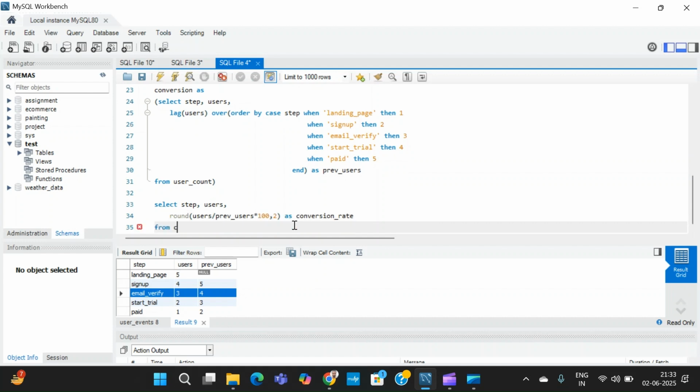From conversion. I have already mentioned this once, but I'm repeating it. If you are working on Postgres or MySQL server or any other platform, use 1.0 multiply here, because on those platforms, if you divide integer by integer, the value always comes as an integer. It will ignore the float value, so you have to keep that in mind. But here in MySQL, it doesn't matter if you write this, it will give you the exact value. If it's float, it will give you float. So if I run this